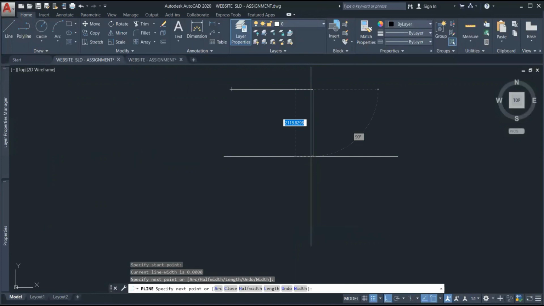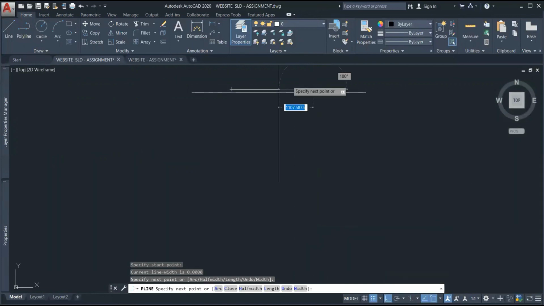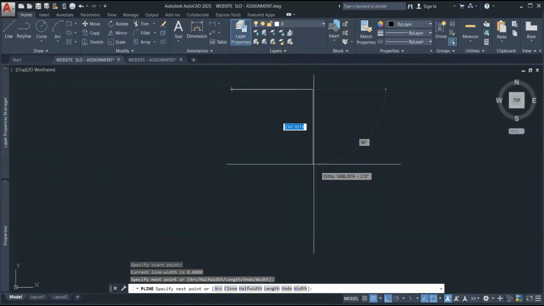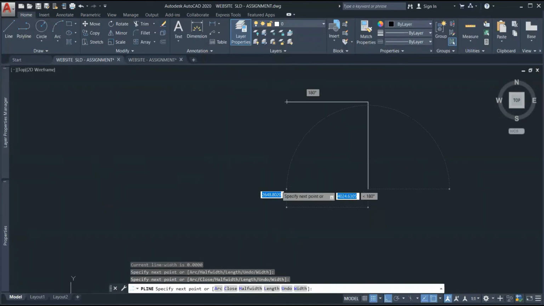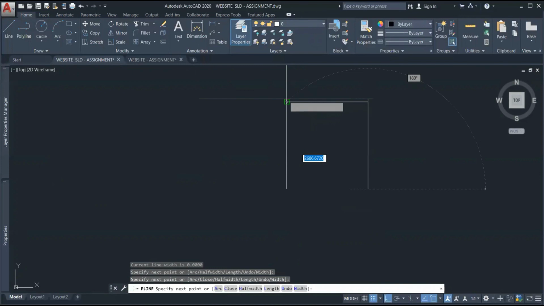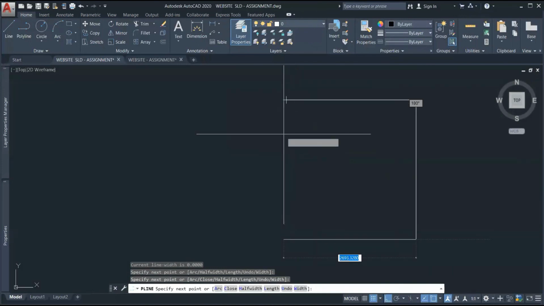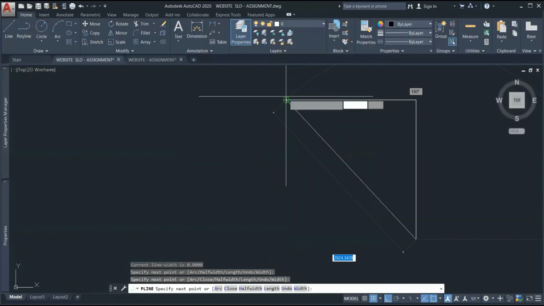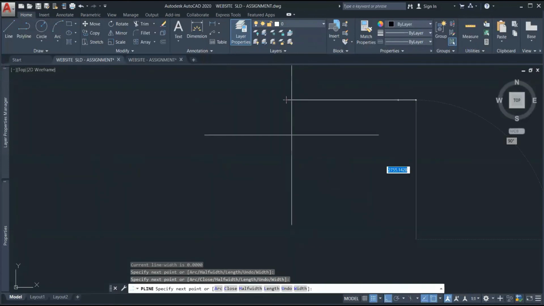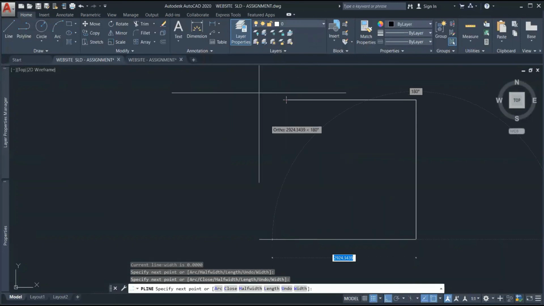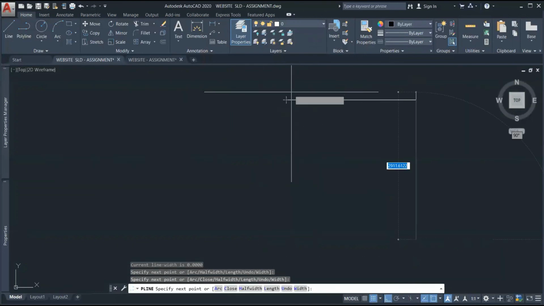I've turned on the ortho mode so that it will restrict my direction to 90 degrees only. I've clicked here and gone down, and you can see this is showing a plus where we started. Just go to that place and place the mouse there. It is tracking.